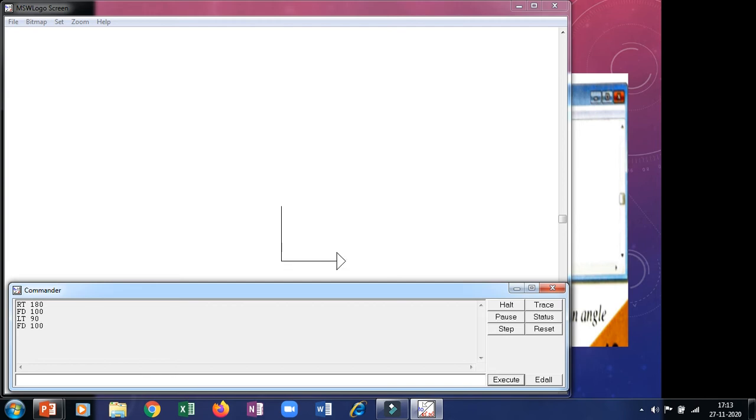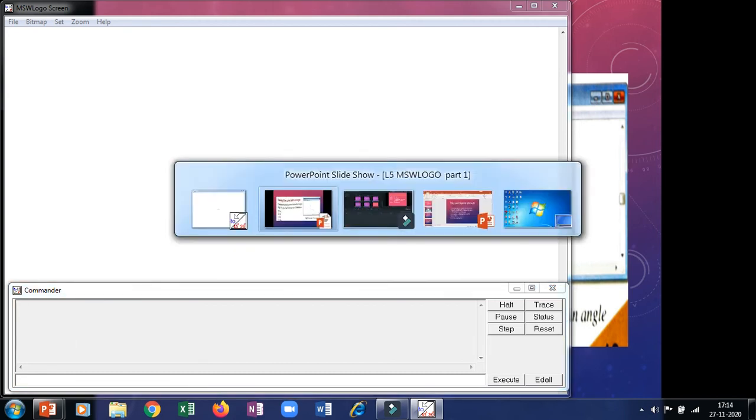Okay. See, what happens if you make a mistake? We'll just see. I will not write any number after FD. See, it says not enough inputs to FD. We have to write the number of steps. Or if you write FD 100 with no space, then also it will show an error, I don't know. So we have to rectify that error. What is the error here? We have to leave the space. Press the enter key. See, now it's working. Let us clear everything. CS CT.